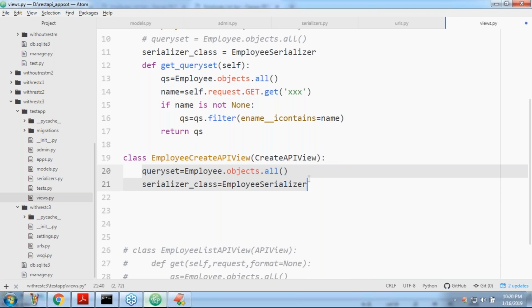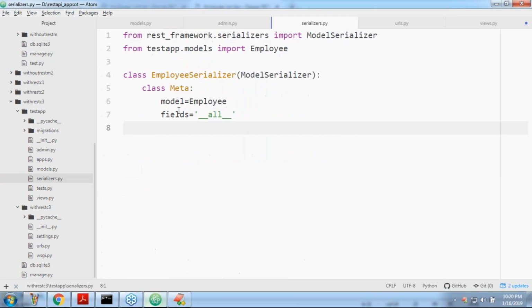If you want to implement any validations, you can do all those things inside the serializer file. Automatically, validations will be performed by default. Don't worry.